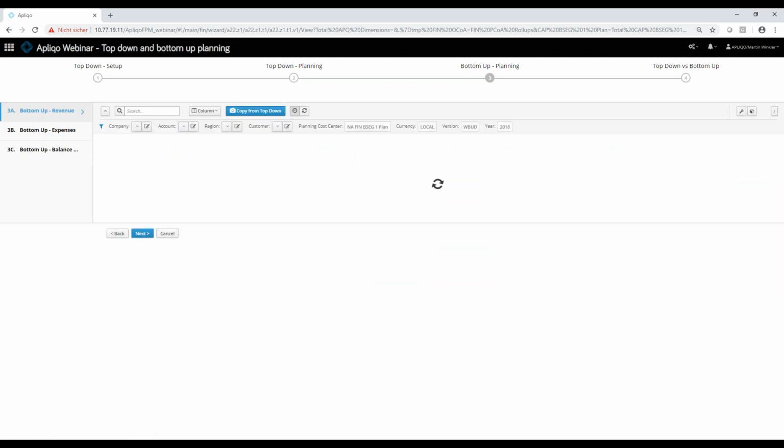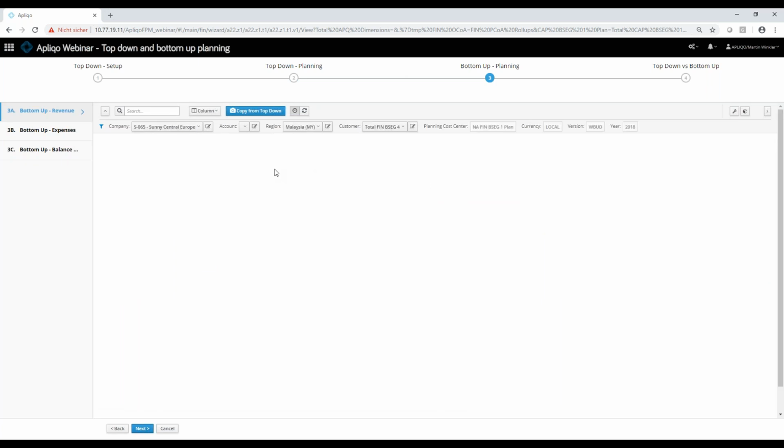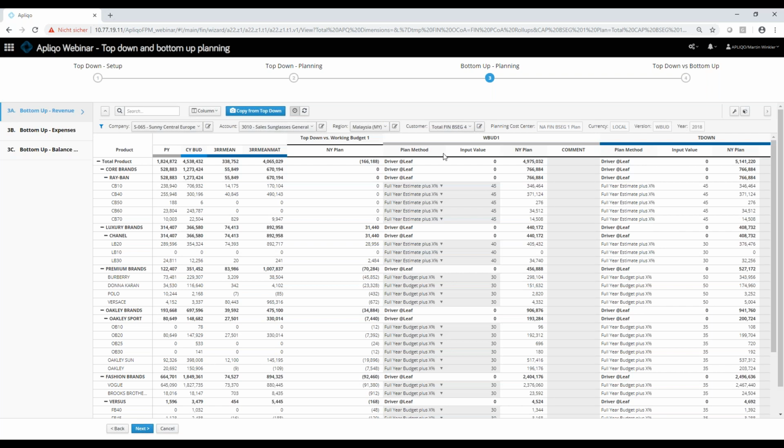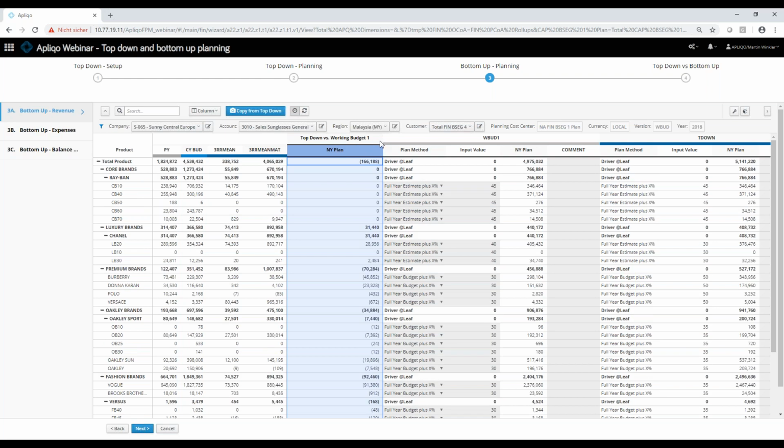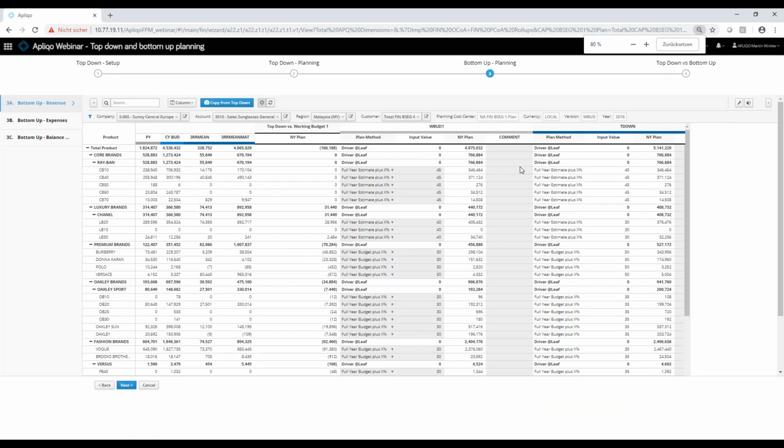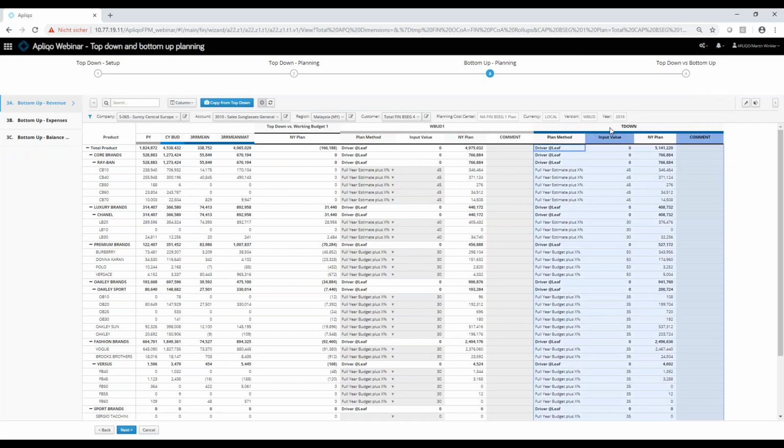The next one is the bottom-up planning. Here it's quite important that in the central application you have the ability to show both at the same time. You have here again all the reference values which are important to calculate the data on the fly. You have a variance calculation of top-down versus working budget, which represents the bottom-up approach here. You have the working budget, which can now be modeled by the operational managers based on the top-down targets, and then you have the top-down targets, which we have modeled in the